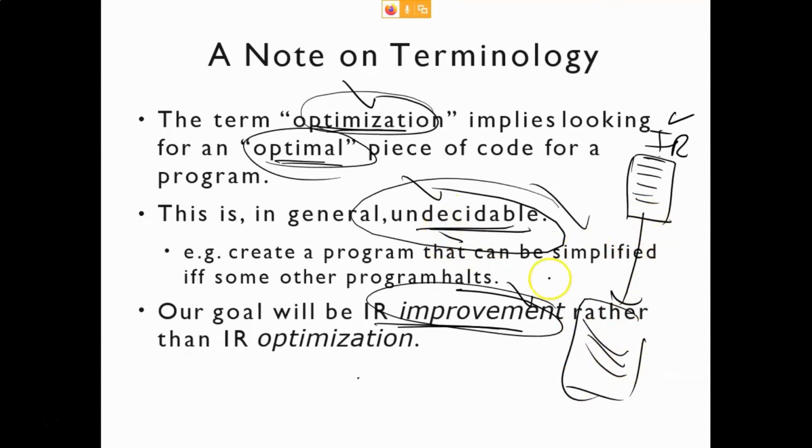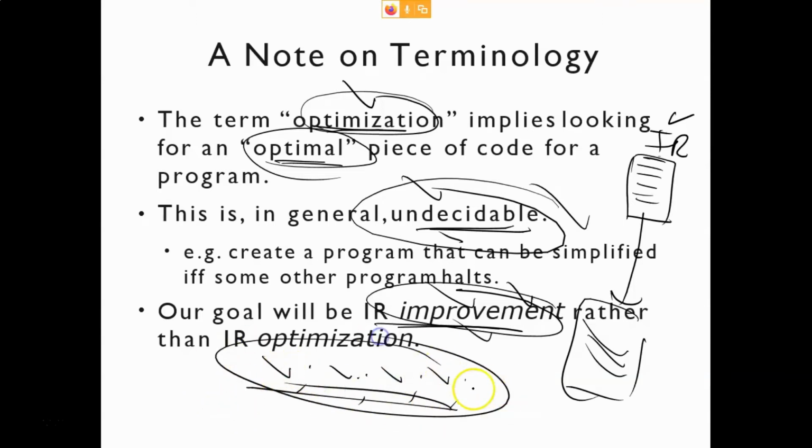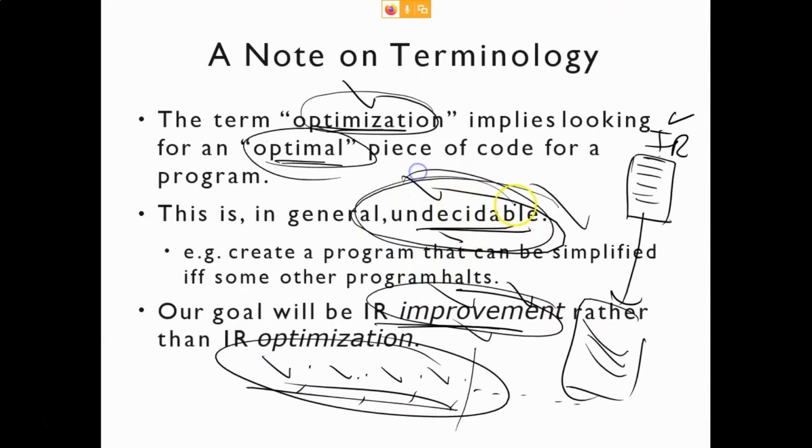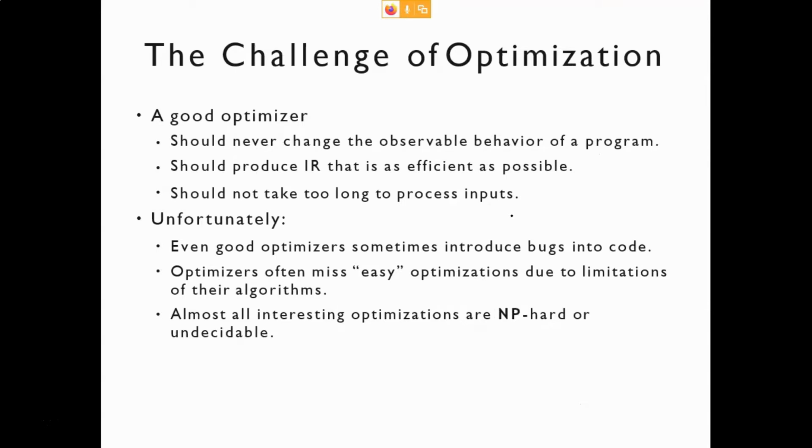So what we can do is some improvements. Some algorithms we have. We will see some algorithms like dead code elimination, constant propagation, copy propagation, and liveness analysis. All these things we will see, but these are just some algorithms, and many other algorithms we have, but those are not in the GATE syllabus. But these algorithms will do some improvement anyway. So I just wanted to tell you that getting the optimal code is an undecidable problem. Why this is undecidable is not our area.